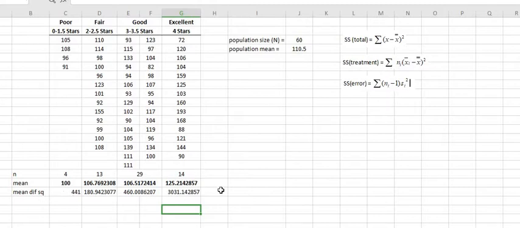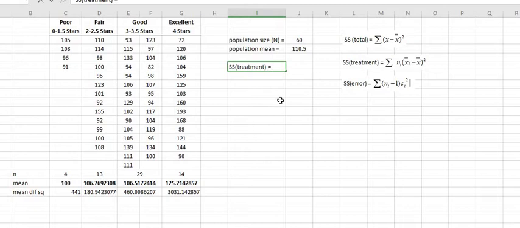Now, this time, we will have our SS treatment. SS, mas mabilis kasi pag ganito. Treatment. Okay, sa SS treatment, all we have to do is to sum up our n sub i, this 4 times this one, multiply 4 by this one, multiply this one by this one. So, we have, sige na, diretso na. Treatment,